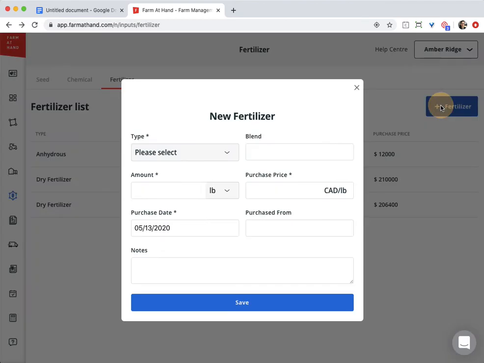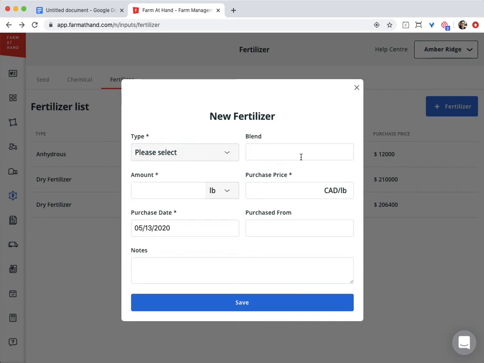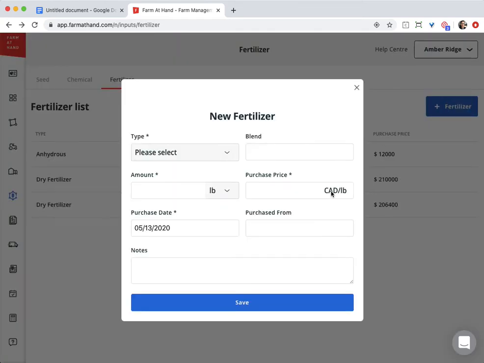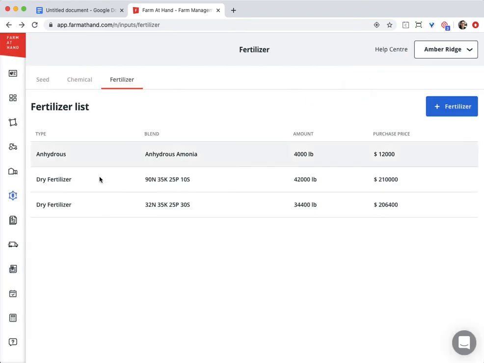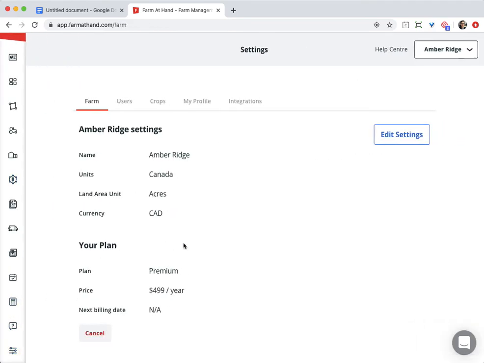Okay, and adding them is very straightforward. You just provide, for example, the fertilizer, your type, your blend, your amount, your purchase price, your date, where it was purchased from, and then any additional notes. You'll see here the purchase price is listed here for Canadian dollars. This is actually what is adjusted for in your farm's settings. So just down in the settings area, this currency,